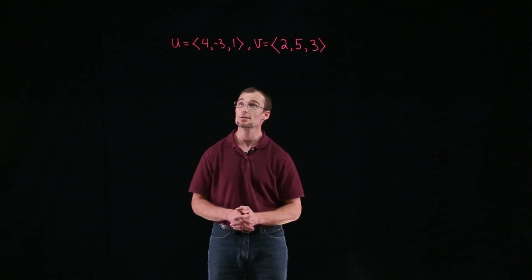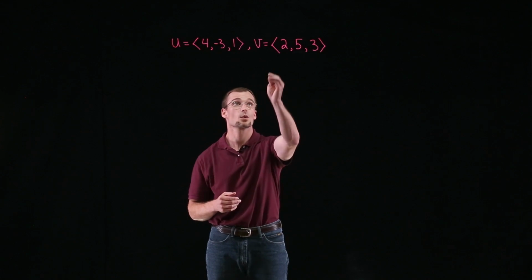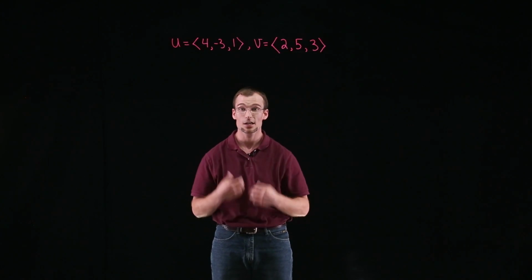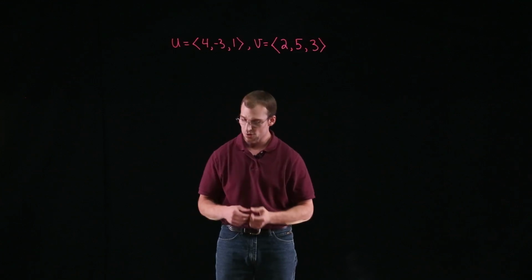Welcome everyone, I'm Adam. In this problem, for our given vectors u with components 4, -3, and 1, and v with the components 2, 5, and 3, we're going to find a unit vector that's orthogonal to both u and v. So to start off with,